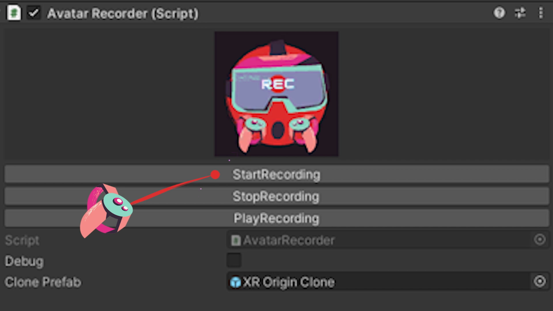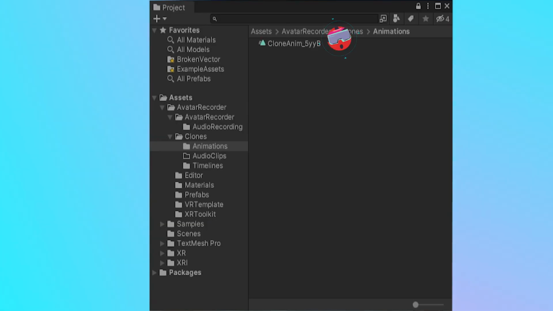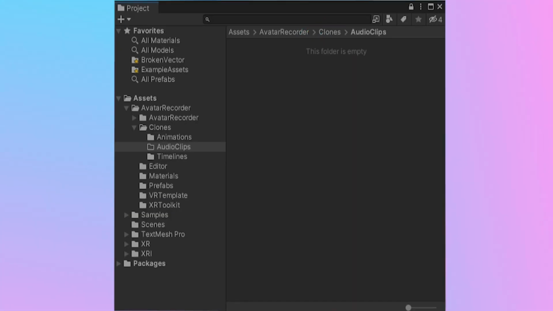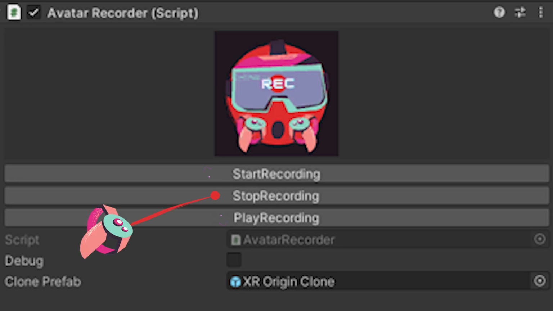Here's what's happening in the background. When the start recording button is pressed, the recorder starts recording the change of the data on itself, and every child recursively, then saves it as an animation clip. At the same time, it starts taking input from the mic to save it as an audio clip. When the stop recording is pressed, the recorder ends both audio and animation clip recordings and creates a file under